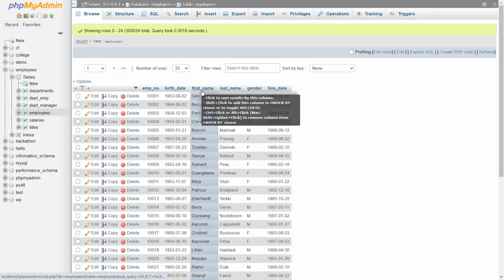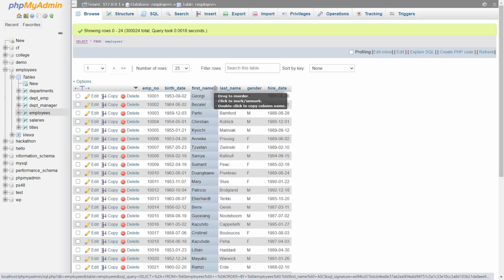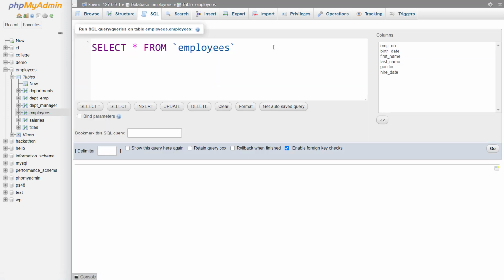I want to merge first name and last name and then give the name full name. That I can do with the help of alias and using the concat function. There is a concat function in SQL that combines two or more column values. Here I will specify first name and last name, that's what I want to combine. I take all of the column names as arguments that we want to combine or concatenate, and in between I also want a space. So I'll use a string with double inverted commas and a space between. This will concatenate the first and last name, and in between there will be a space as well.